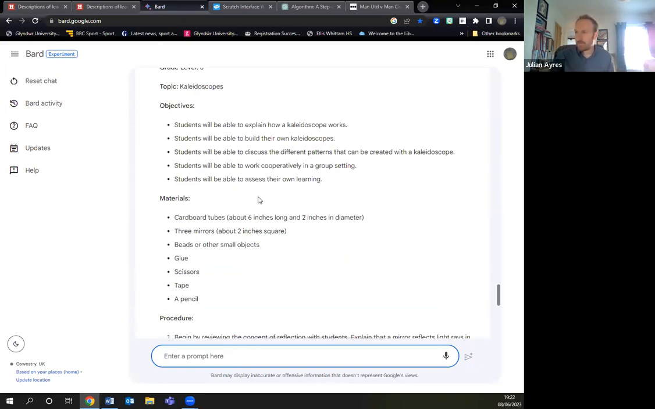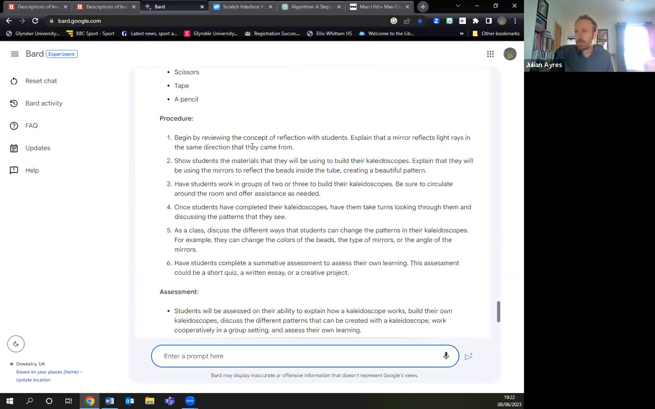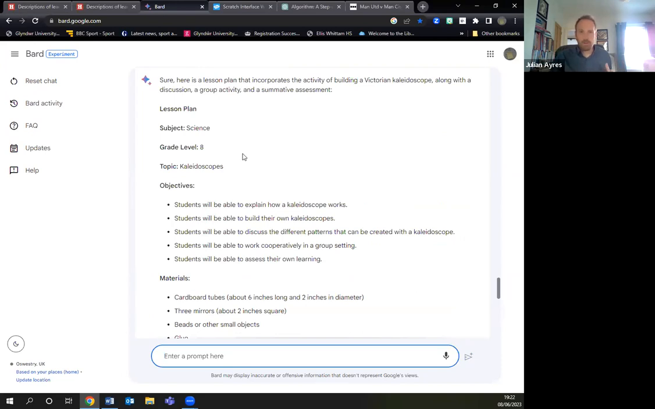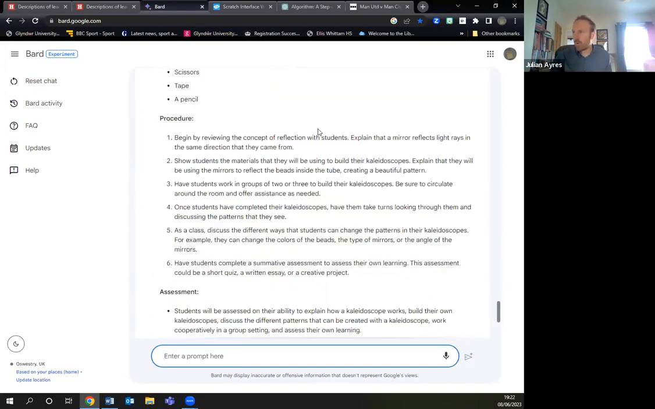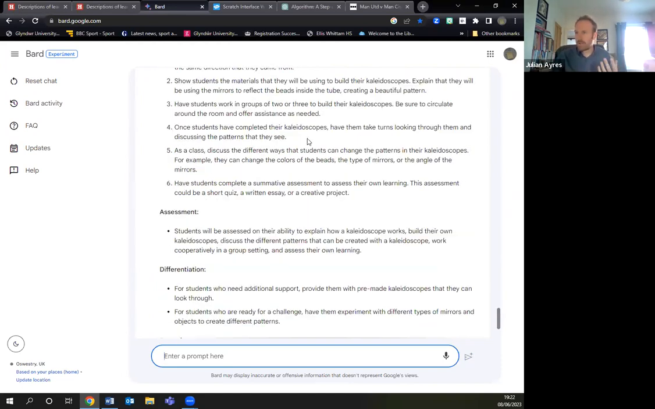There we go. So it's got in there my nice lesson plan. It's all built around this idea of building a Victorian kaleidoscope. It's told me what I can do. So it's got the science element in there about mirror reflection. Then they got this,